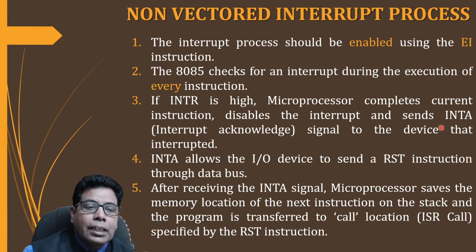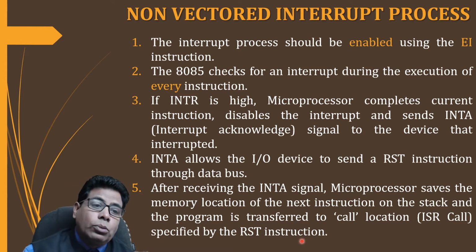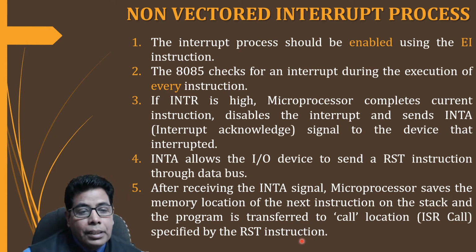After receiving the INTA signal, the microprocessor saves the memory location of the next instruction on the stack, similar to the previous one, and the program is transferred to the call location, that is the ISR call specified by the RST instruction. This RST instruction will give the address, because it's a non-vectored interrupt, it has no address of its own. That's why it will be given by the RST,